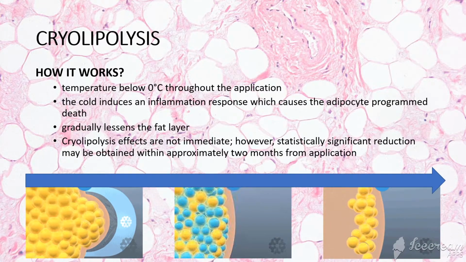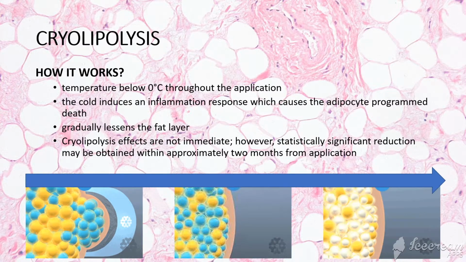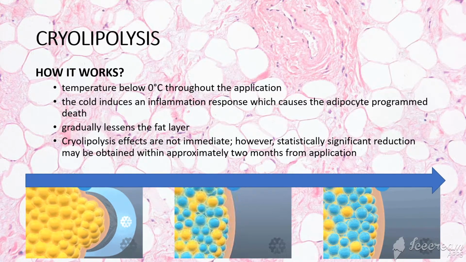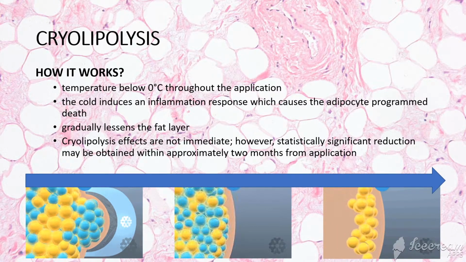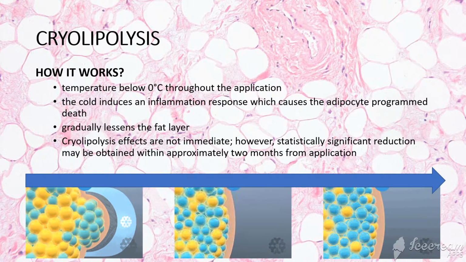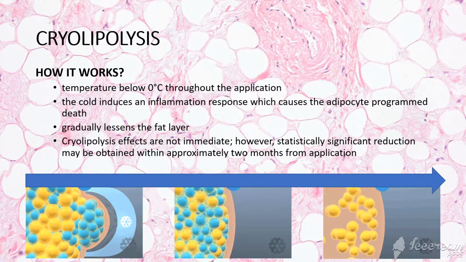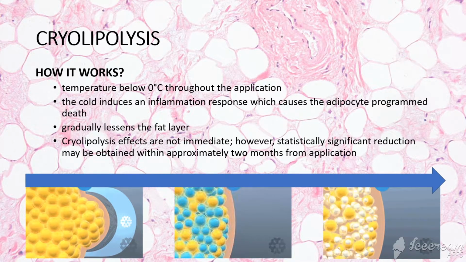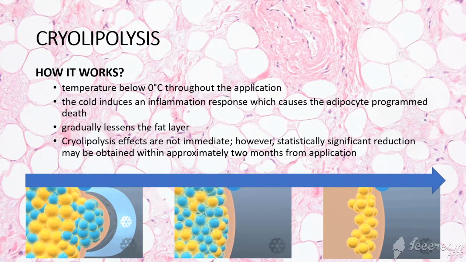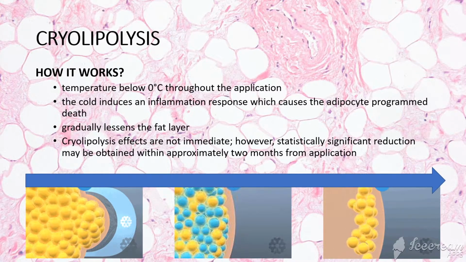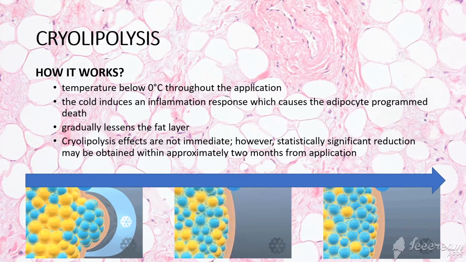gradually decreasing the temperature of the zone till it reaches the temperature previously set by the doctor. The temperature is regulated at every moment by a sensor actuator system. In cryolipolysis sessions, this procedure is repeated in several zones of the body, depending on the desires of the patient. Cryolipolysis effects are not immediate, but in a time span of around 2 months after the session, a significant reduction